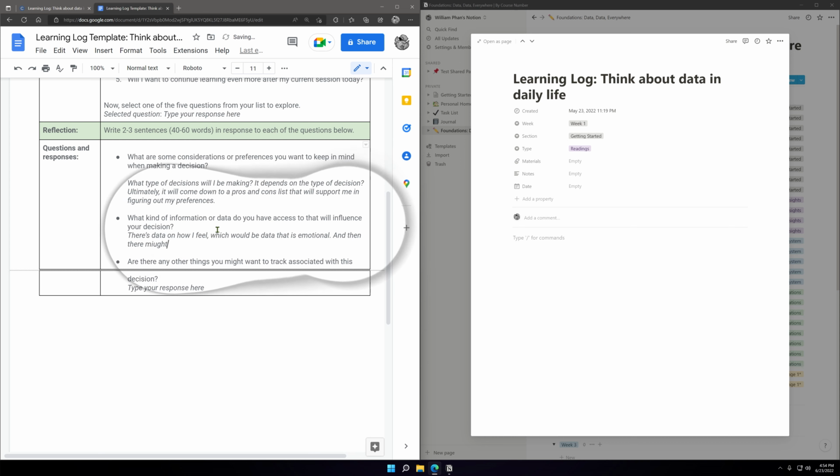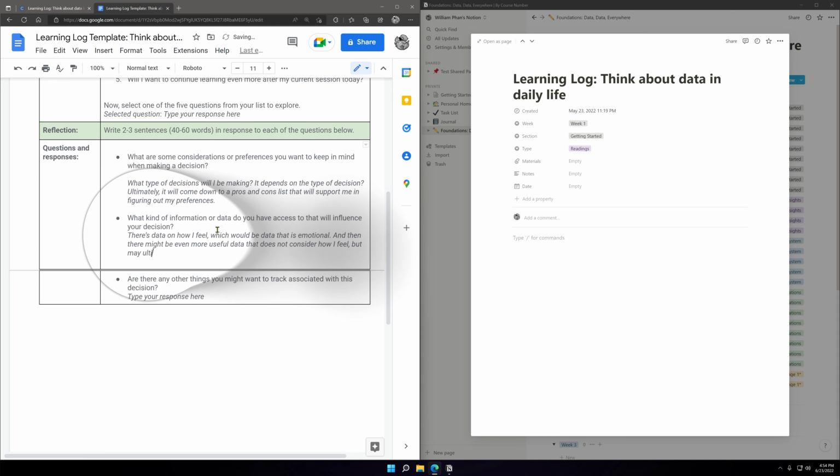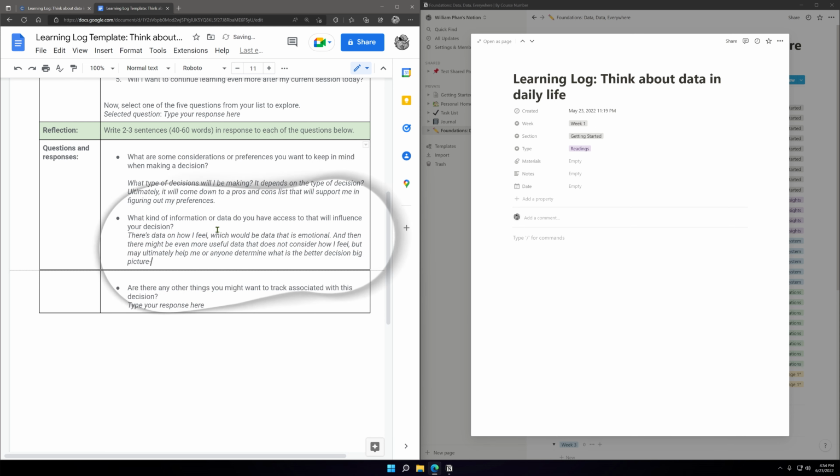Then there might be even more useful data that does not consider how I feel, but may ultimately help me or anyone determine what is the better decision, big picture wise. All right, moving on.